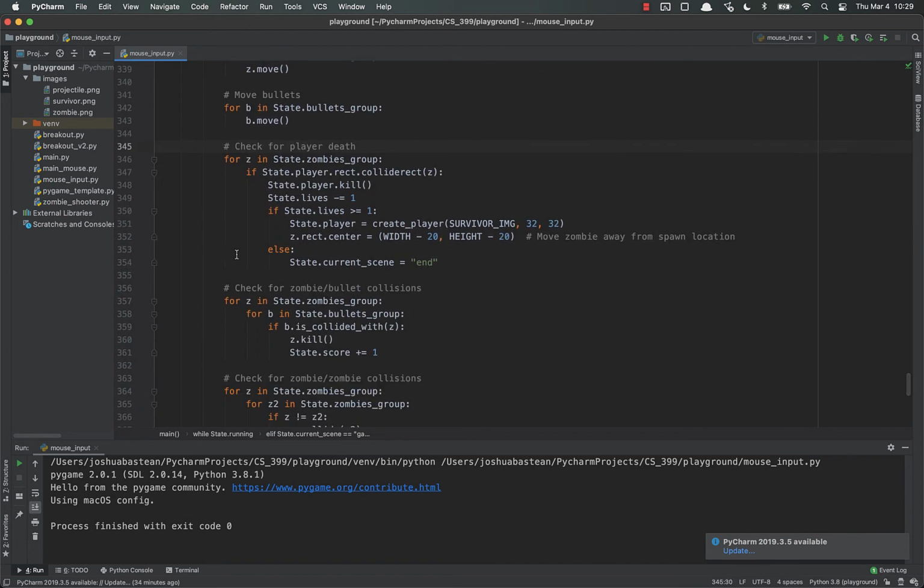Then after doing all that, we want to check to see if the player died. We're going to check each of the zombies in the zombies group, and if the player's rect collides with the zombie, the player dies. So we're going to kill the player. Remember that .kill is a PyGame method that basically just means remove it from all groups so that it's no longer drawn to the screen. Then we want to decrement their lives by 1. If their lives are still greater than or equal to 1, in other words, if they still have lives left, create a new player up in the starting left corner,